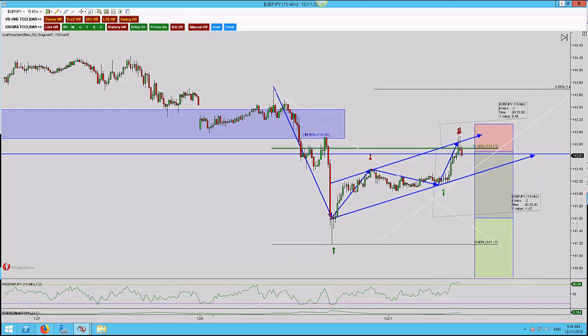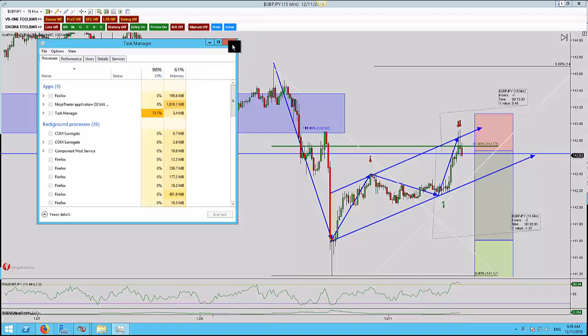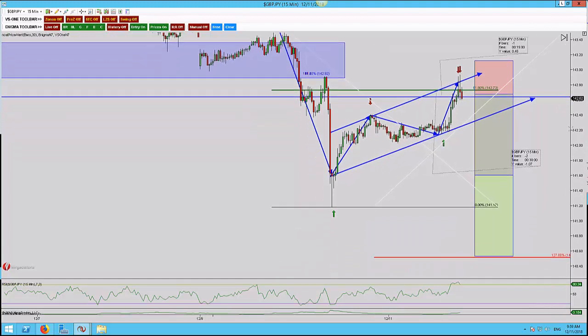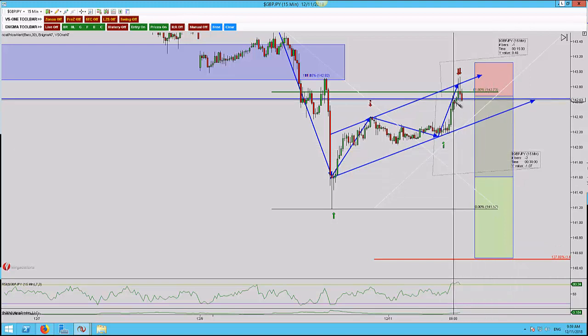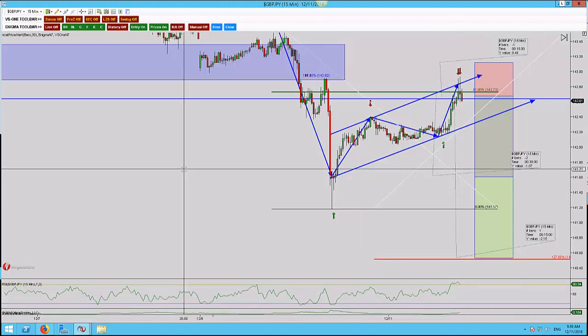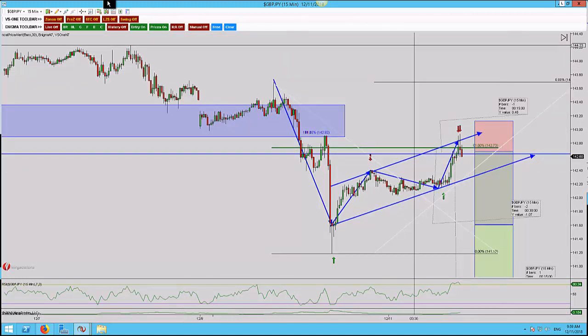Let me just scrunch this up a little bit so we can see secondary. No, that's not right. There we go. So we can see secondary targets. Move those up. Okay, secondary targets are the 127 extension. They're going to be at 215. So what I'm going to do now is bring over a new chart and just